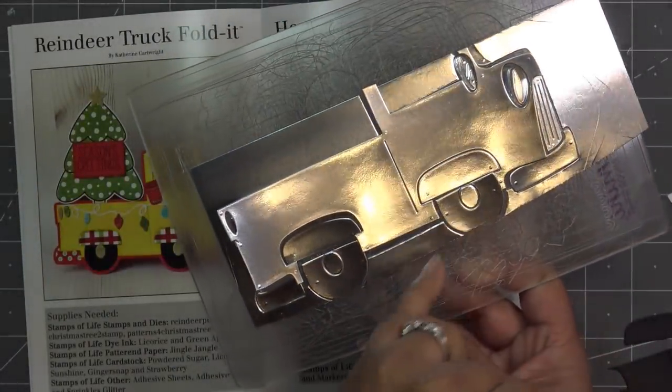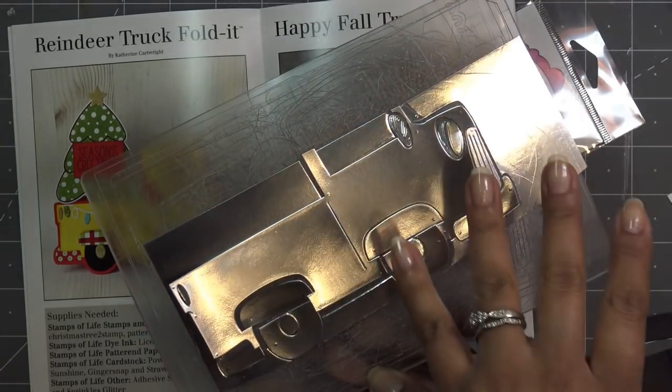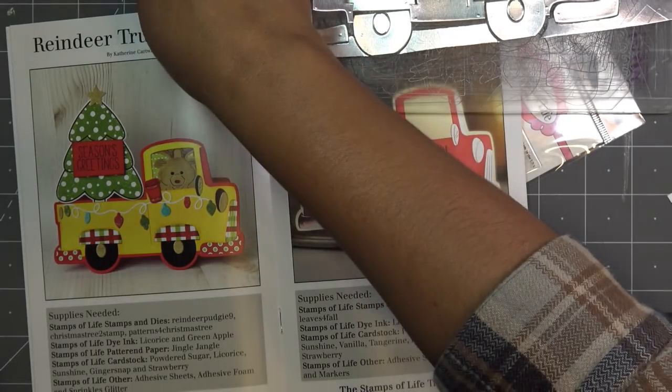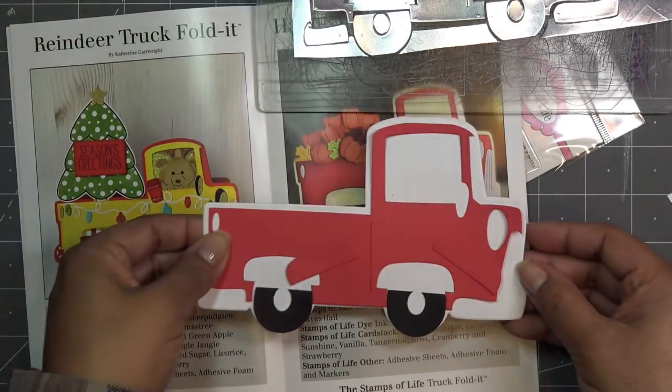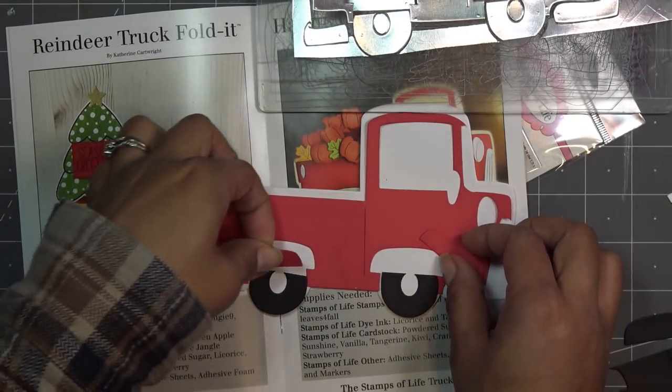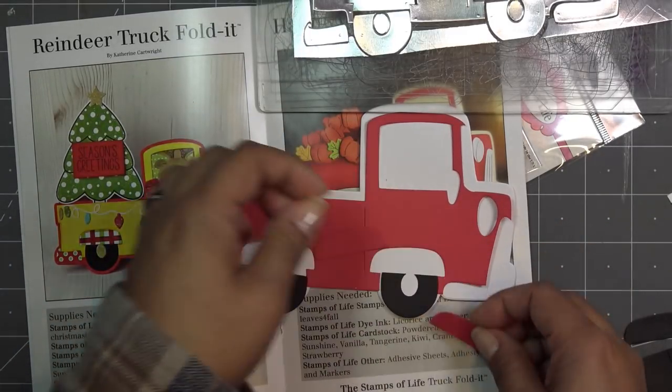I'll be back. Okay. What's funny about the silver is I also needed the tire, that inner part, so I was like, you know what? I just did this whole bottom part of the truck. So what I'm going to do is start paper piecing this back. I do like that she used the deeper shade of red for this part. It made it look really cute. So maybe what I'm going to do is...